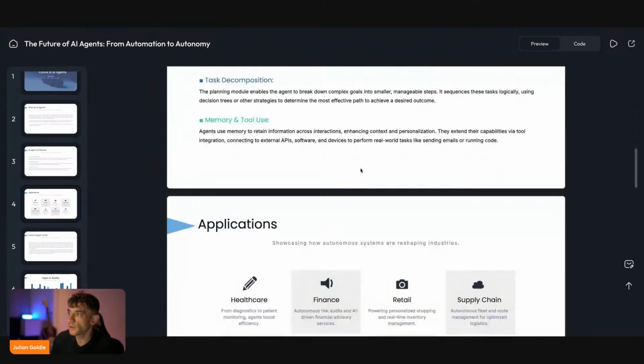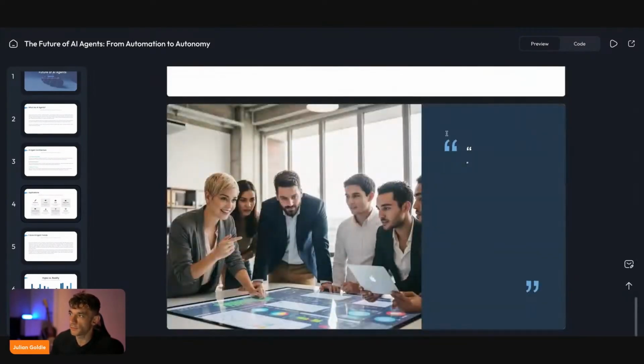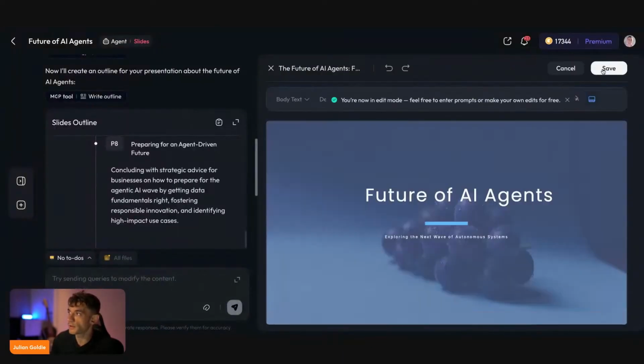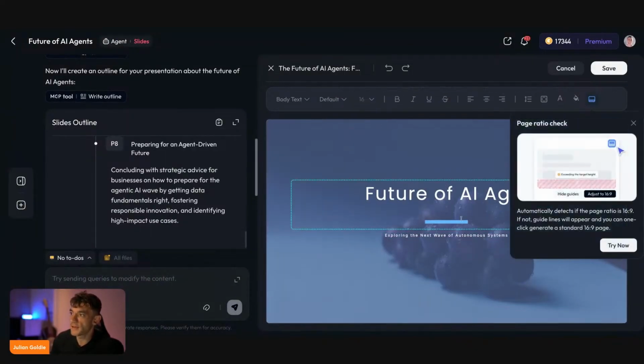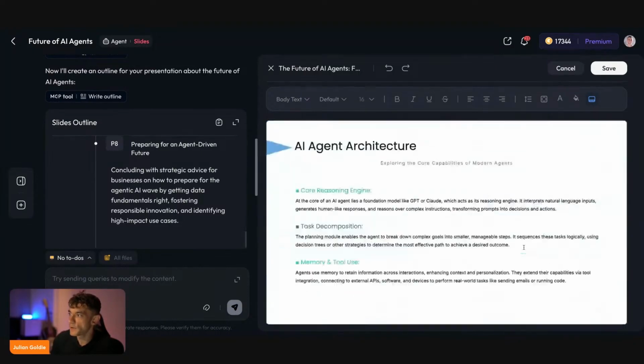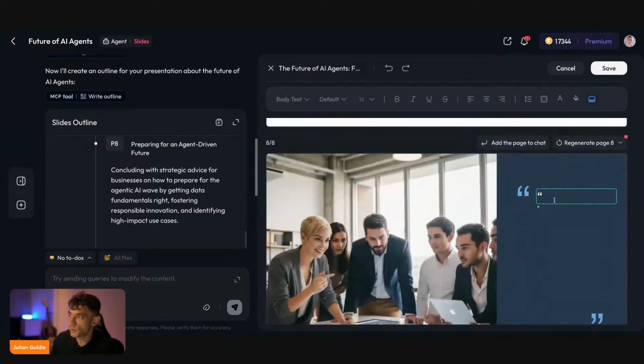Right? There's going to be certain parts that you do want to edit before you send. So for example, here you can see there's some quote marks. So we just want to make sure that if we go back to Skywork here, we want to click on edit. And then inside the edit mode here, we can actually edit and change certain parts, right? So for example, if we wanted to add a quote inside this section, we can type that in here. Or if we don't want to use it at all, then you can actually remove these elements, right? So if we click on delete,